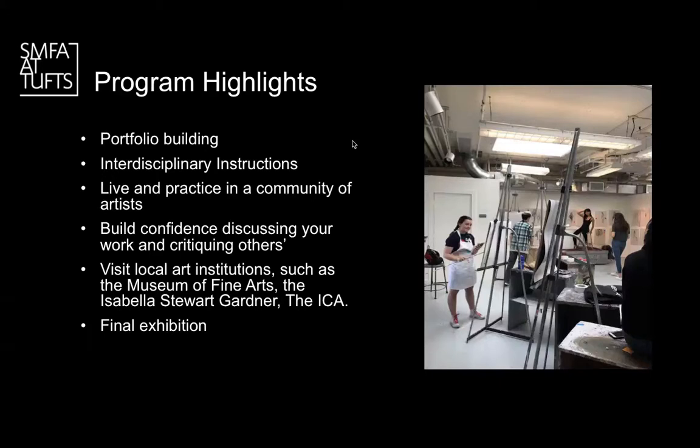It's great. So one of the other aspects of the program is that we will visit local art institutions. We are located about 100 yards from the front of the Isabella Stewart Gardner and maybe 150 yards from the Museum of Fine Arts, and a short taxi ride away from the ICA, all of which, depending on the program and the curriculum, we will visit on our Thursday, which is our